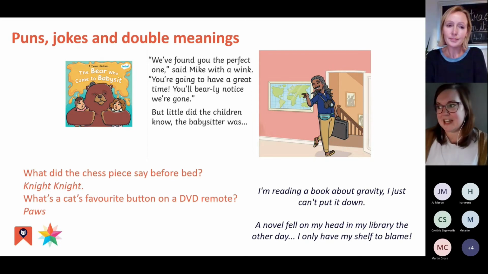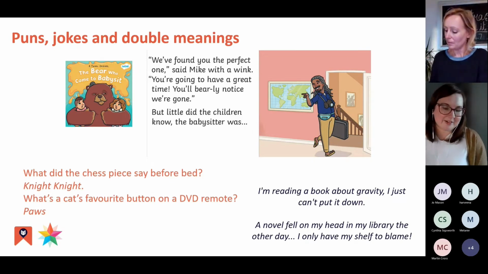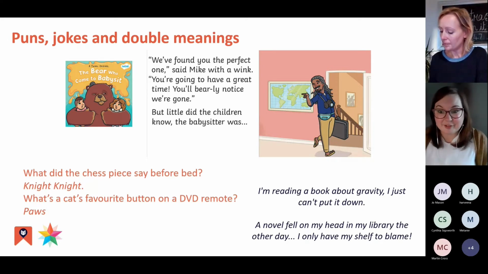So it says in the text that Mike winked, but you can also see him clearly doing that in the picture as well, and then discussing the choice of, why did the illustrator decide to draw him like that, and why did they decide to put that in the writing, that he's winking? What does that tell us about how he's feeling or how he's delivering that sentence?